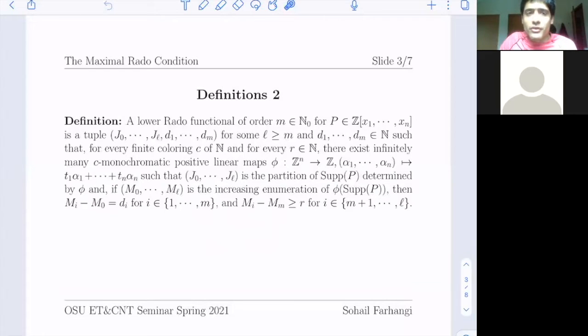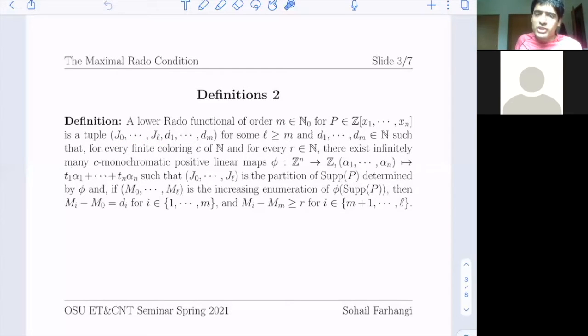Now, the only other definition we need, which is a little more complicated, is lower Rado functional. And this is pretty similar to upper Rado functional. In fact, I'm 99% sure that they're almost interchangeable. I'll say a few more words on that in a moment. But a lower Rado functional of order m, where m is allowed to be 0, for some polynomial is just a tuple, as we had before. So J0 to JL are going